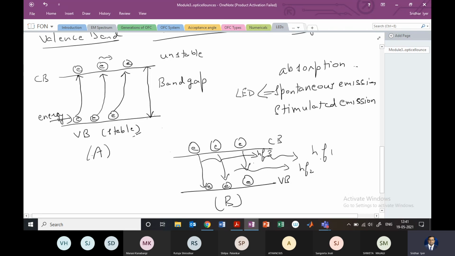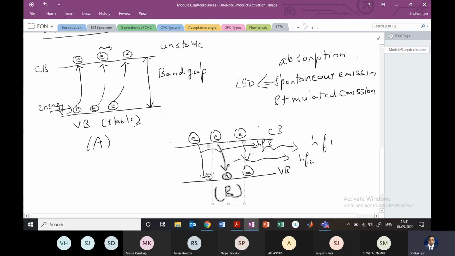And you can see that this process is happening spontaneously. We are not doing anything. There is no external supply. It's just energy gained by the electrons to move up to the conduction band, and then from there, because of the band being unstable, they are falling back and giving light to us, right? So this process, because it is completely spontaneous, is known as spontaneous emission. The light which is coming out, hf1, 2, and 3, this is all spontaneous,